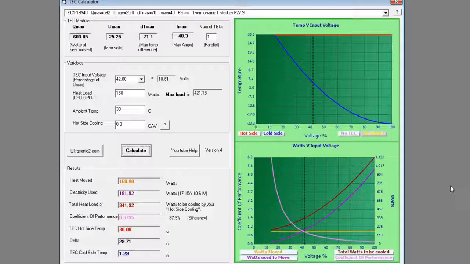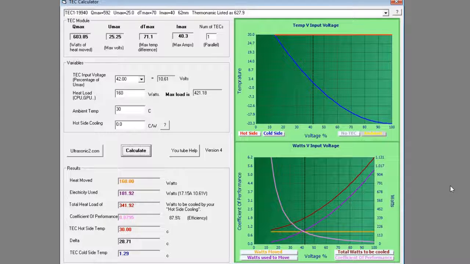Welcome back, guys. I've just got a quick update on the TEC calculator. This was last updated in 2007 and I've just updated it. Actually, I pretty much finished it finally 10 years later. So I'm not going to go into what every button does and what it all means. That's something you can watch in the previous episode, but I'm going to talk about the new features that I